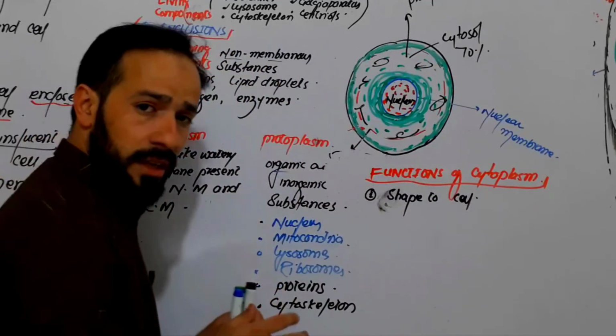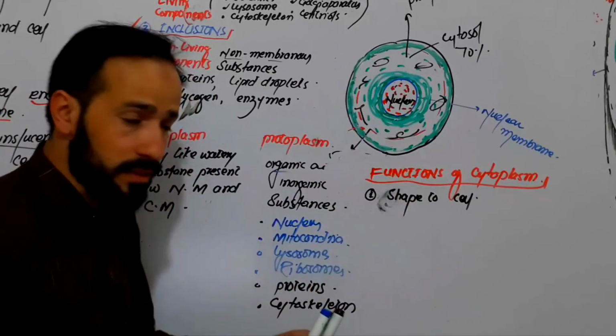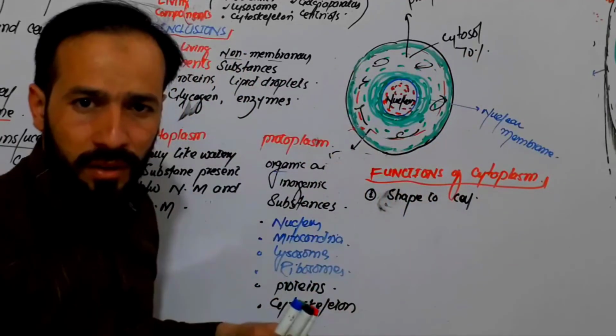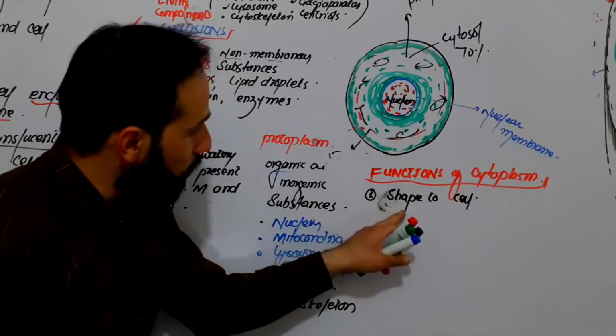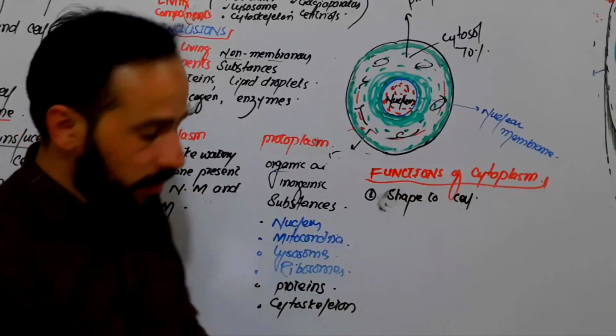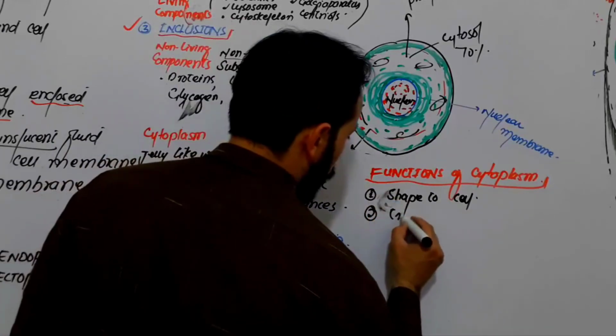So once again I'm telling you, if you withdraw all the cytoplasm out of the cell, the membrane will collapse. The shape of the cell will be lost. So cytoplasm is responsible for providing shape to the cell. This was the first function. The next important function of the cytoplasm is the transport